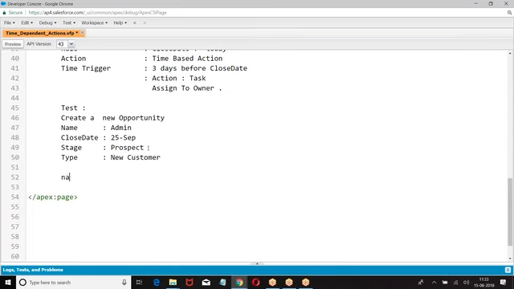What you should do? Navigate to setup, monitor.